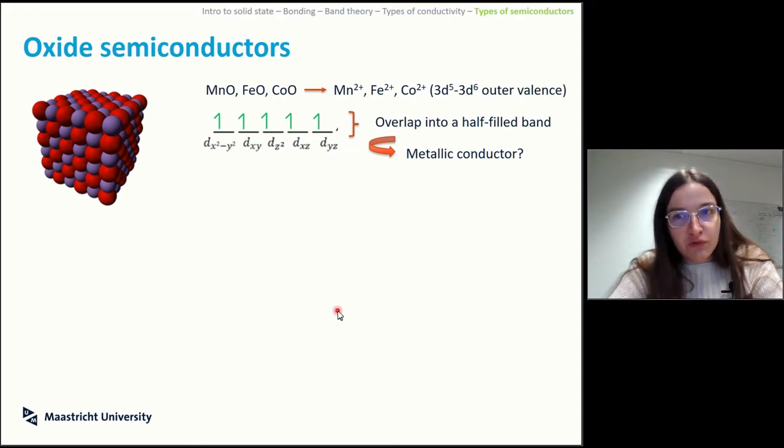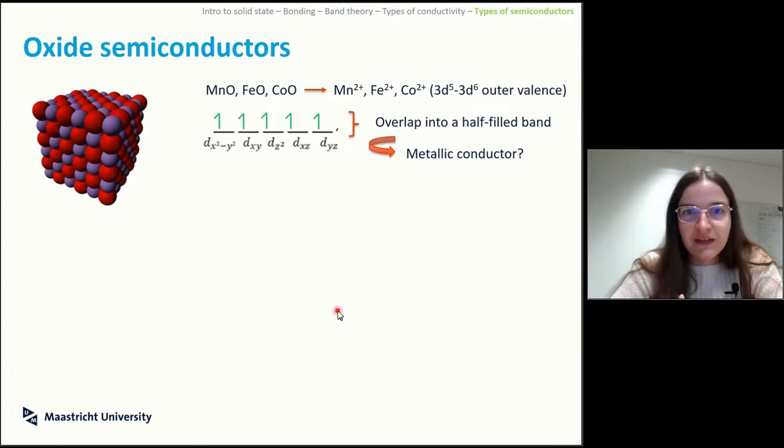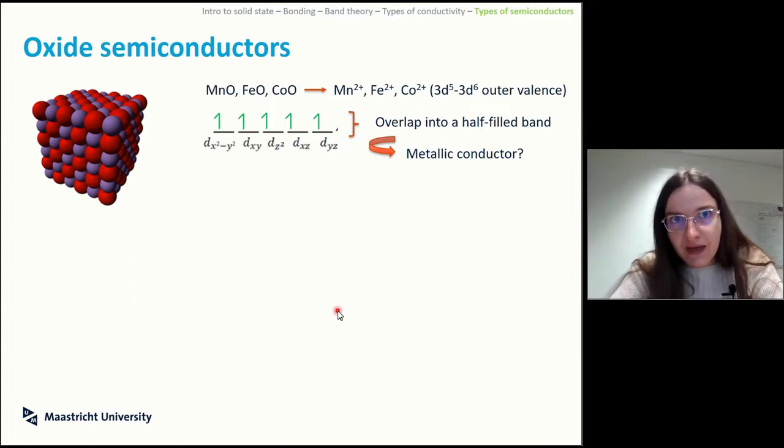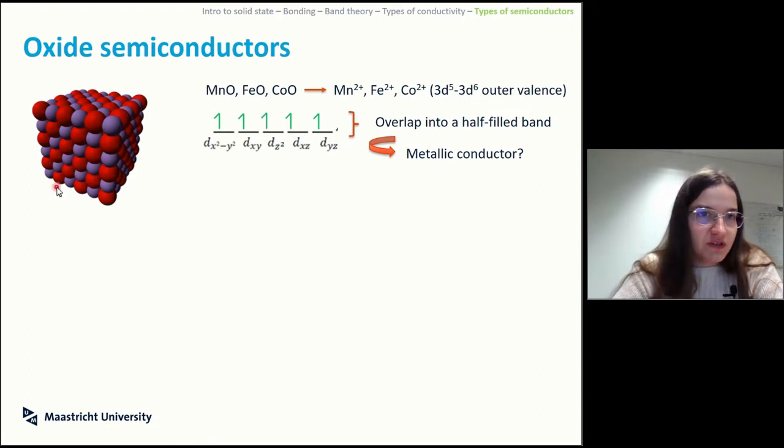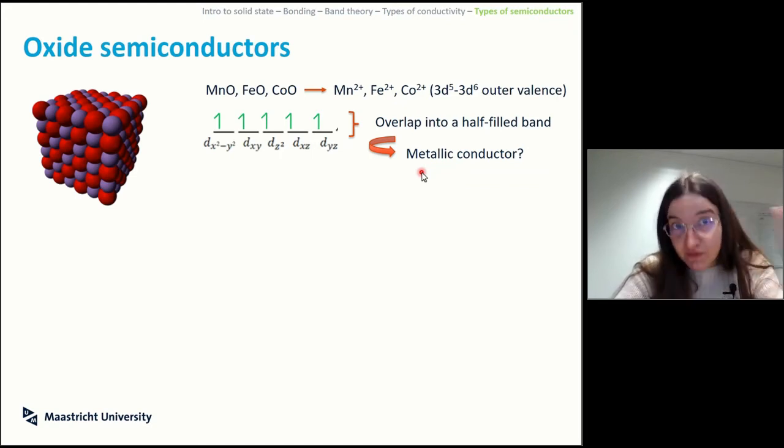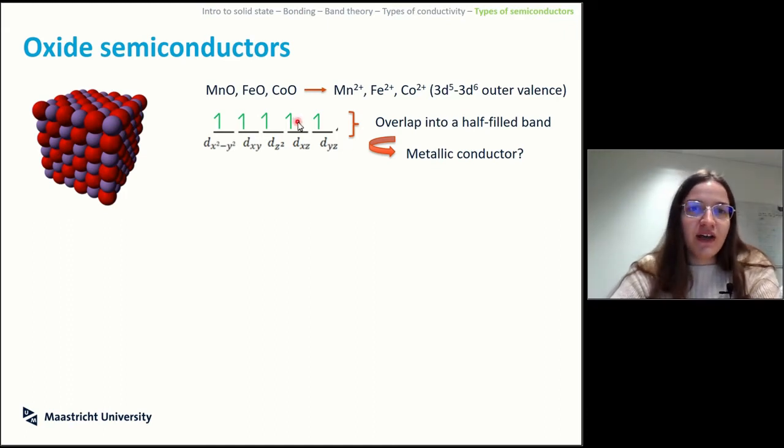But when you go out, because these are transition metals, manganese, iron, cobalt, d5, d6 outer shell, the business becomes a bit more complicated. So you still keep this type of structure, like the rock salt, which is the same structure as sodium chloride, but with different components inside. So technically speaking, when you start to involve d orbitals, as you have 1 s, 3 p, 5 d, if you start to have a d5, as we were saying, then